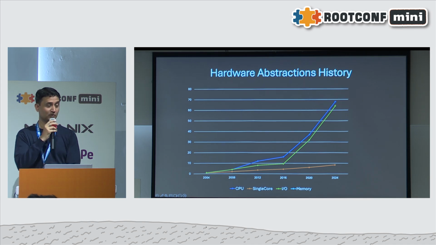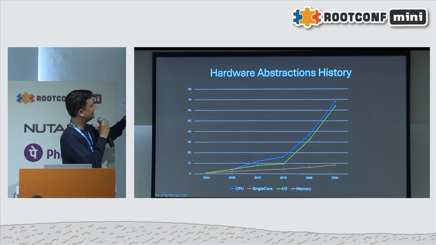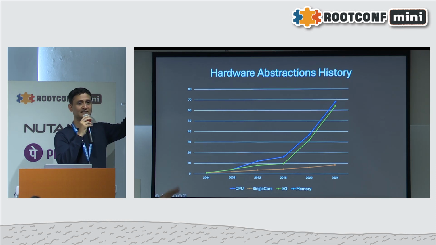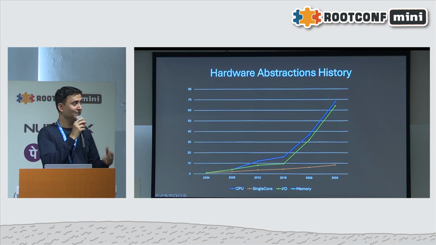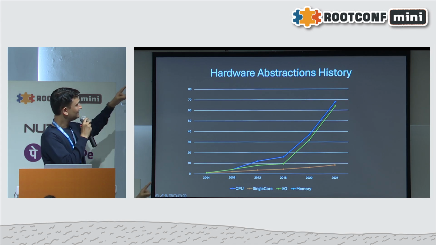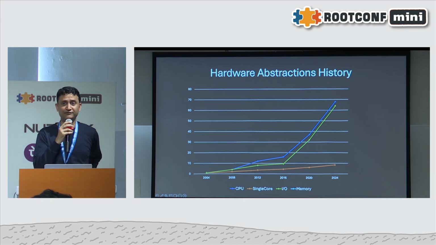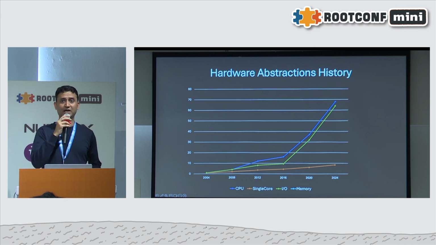Let's talk about I/O. I/O has also managed to grow at almost the same pace as CPUs, and the reason is a technology called PCI Express. PCI 1.0 I think was launched around 2004, 2005, and we are currently in PCI 5.0, which gives us about